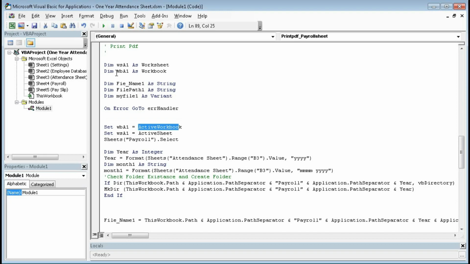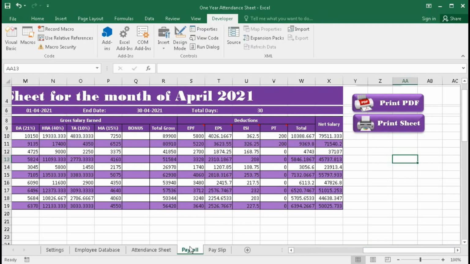That means we have set this variable as active workbook and this variable as active sheet. Now the code is sheets payroll dot select. That means this code will select this payroll sheet, so this sheet will get activated.